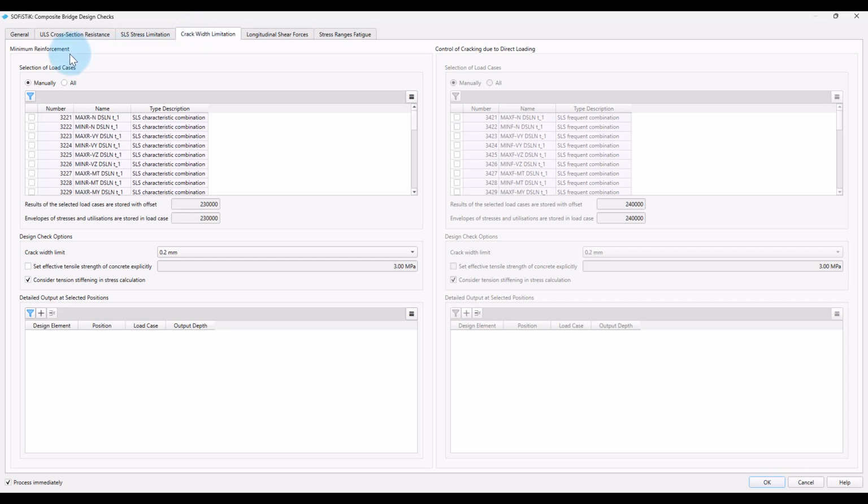The minimum reinforcement needs only to be placed in areas where, under the characteristic combination, tensile stresses occur in the concrete. So the load case selection for this check offers the design load cases superposed for the characteristic combination. In our case, the load case superposed for minimum bending moment My at the time with the most creep and shrinkage is of interest, because in our present bridge system, these will give the most tensile stresses in the concrete. Let's select it.